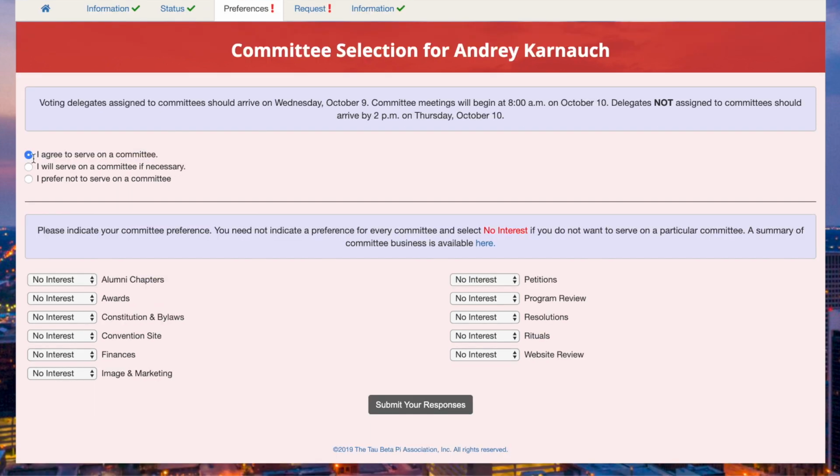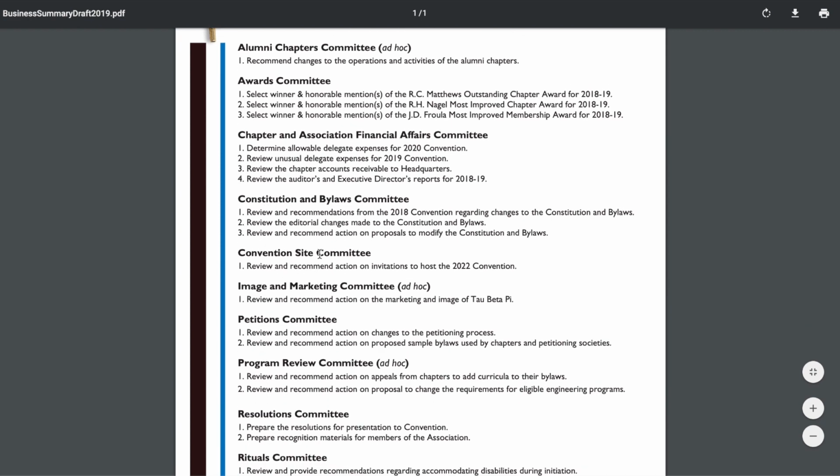So for this example, I'm going to agree to serve on a committee, and as you can see down here, you can choose your level of interest in all of the committees, and we will do our best to assign you to the committees based on your preferences. Also, if you are not sure what each committee represents, you can click on the link, and this will give you a breakdown